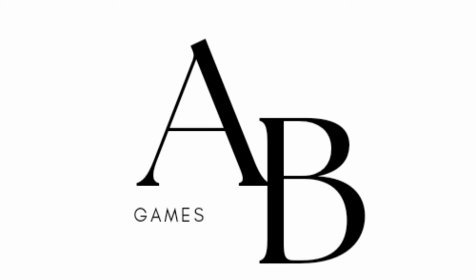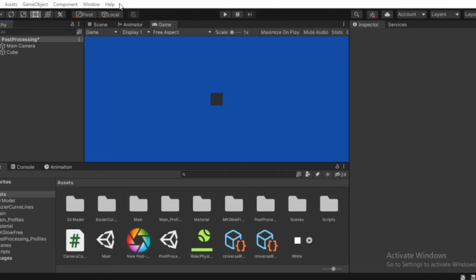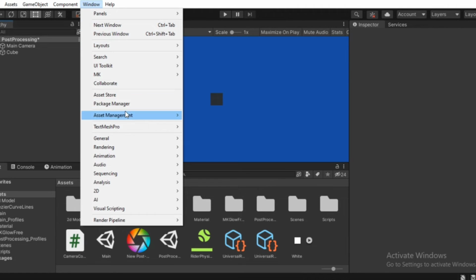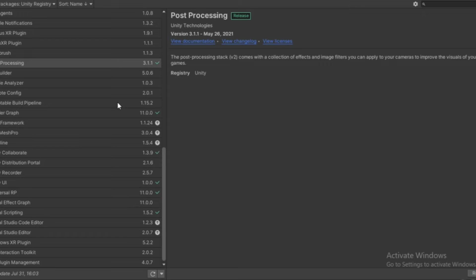Today we learn how to do post processing in Unity. Okay, first go to Window, Package Manager, then install Post Processing. Okay,